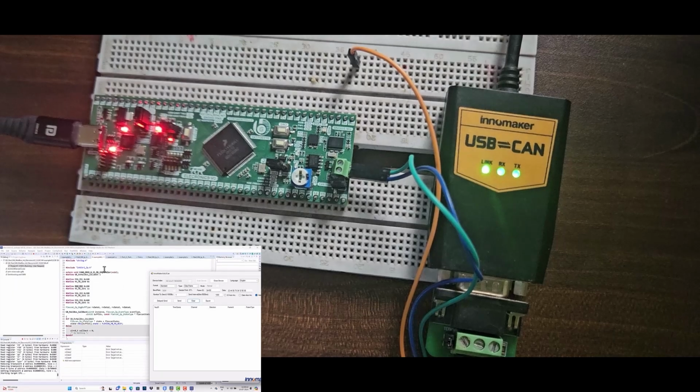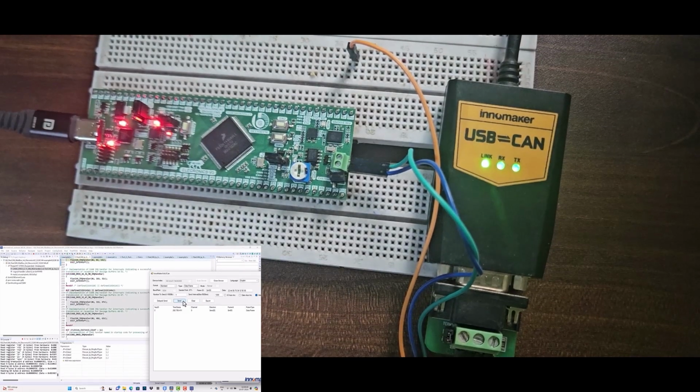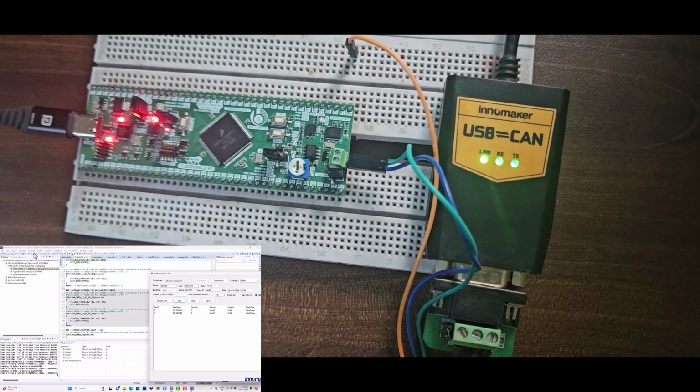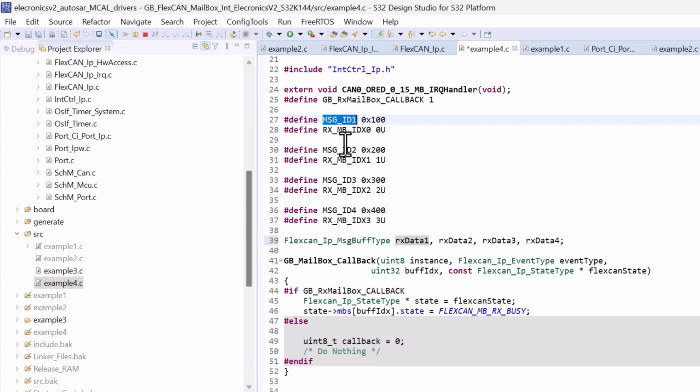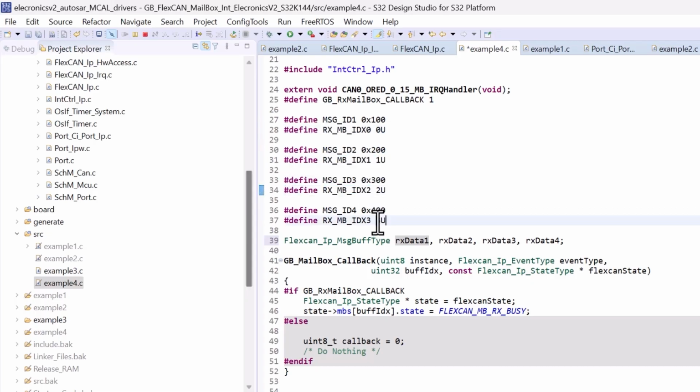In this demo video, we will see CAN reception via mailbox mechanism using Lectronics version 3 development board. In the code, we have defined different CAN message IDs that should be received and correspondingly defined mailboxes that will receive the CAN external data of these message IDs and CAN variables that will store the received CAN data.